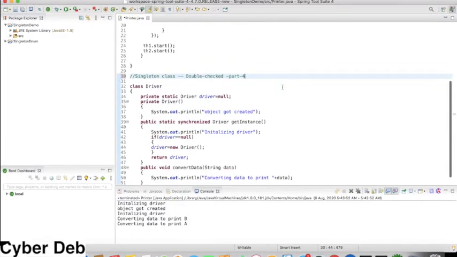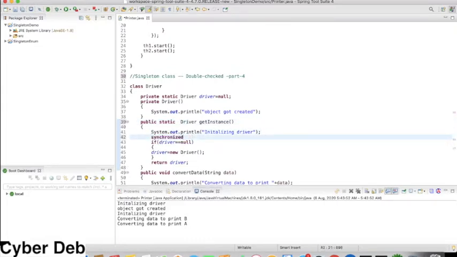So here, how we can change: in place of making this method synchronized, we will create a synchronized block by supplying the class name. The class name is Driver.